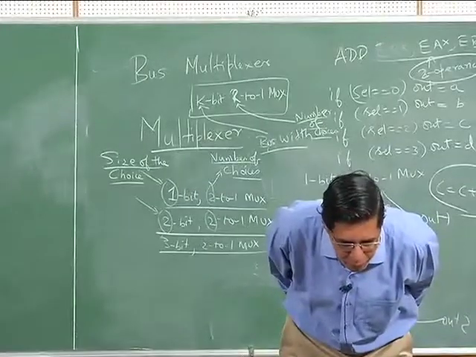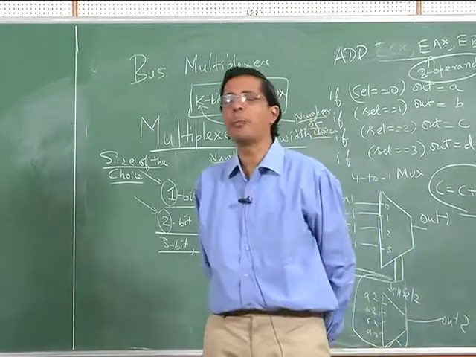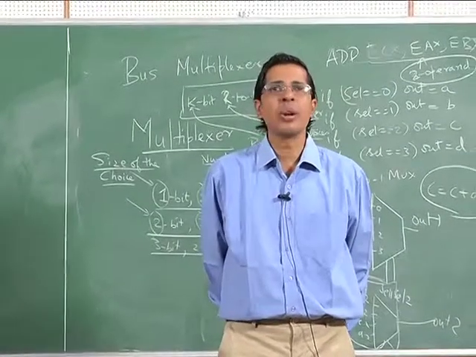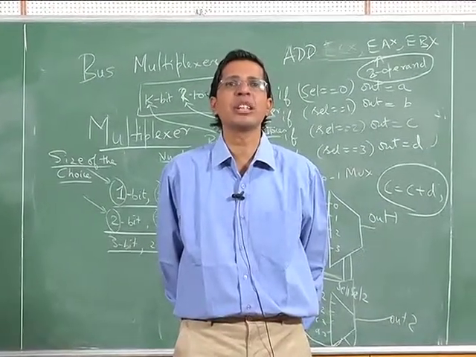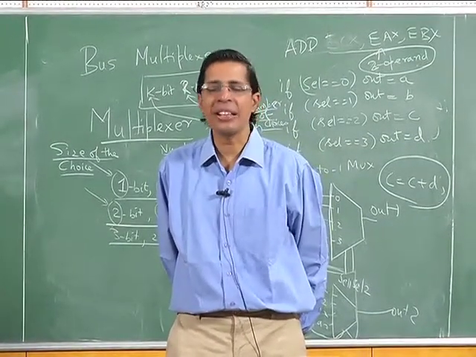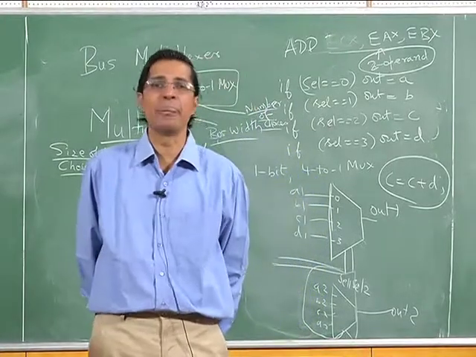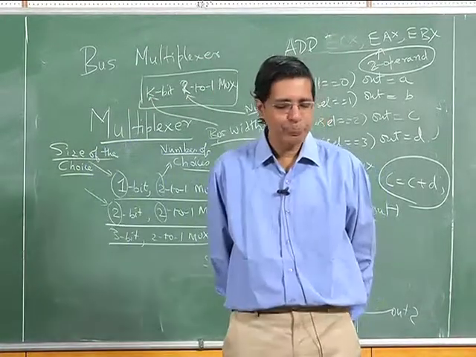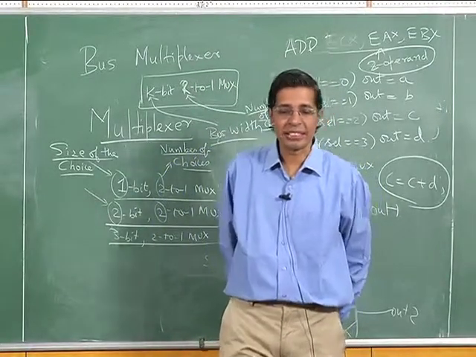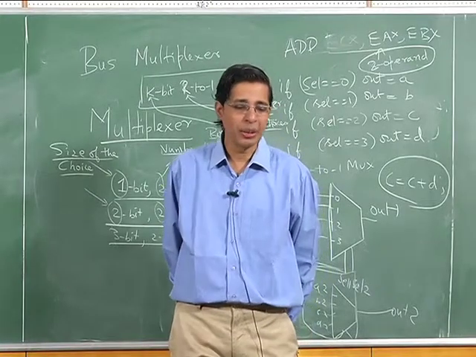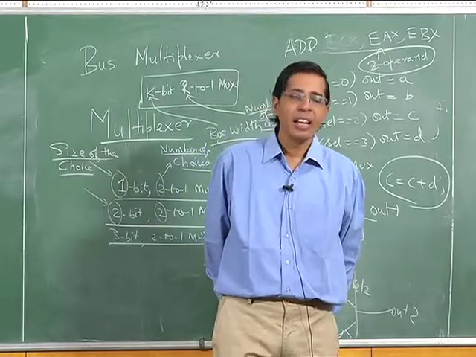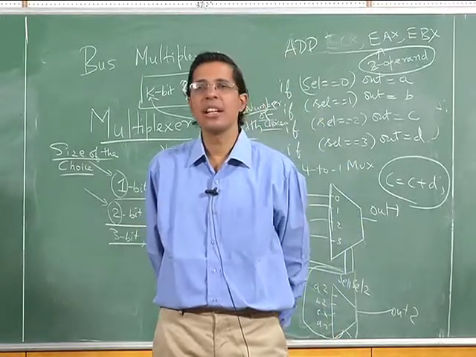Any role of control unit for executing a for loop? Of course, there is a very major role of the control unit. The control unit is responsible for executing any instruction, whether it is branch or add or anything. The control unit is the brain of your CPU. Internally it is the module which governs the entire CPU. So the control unit has a major role to play in the execution of any instruction, and so is the case for a branch instruction.